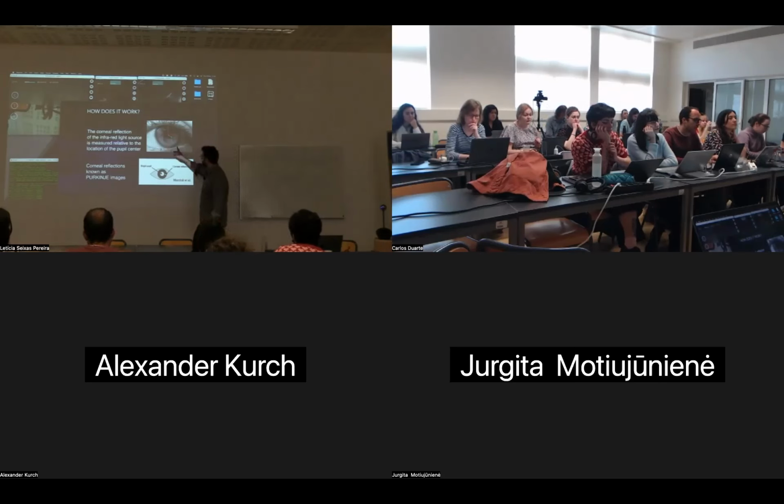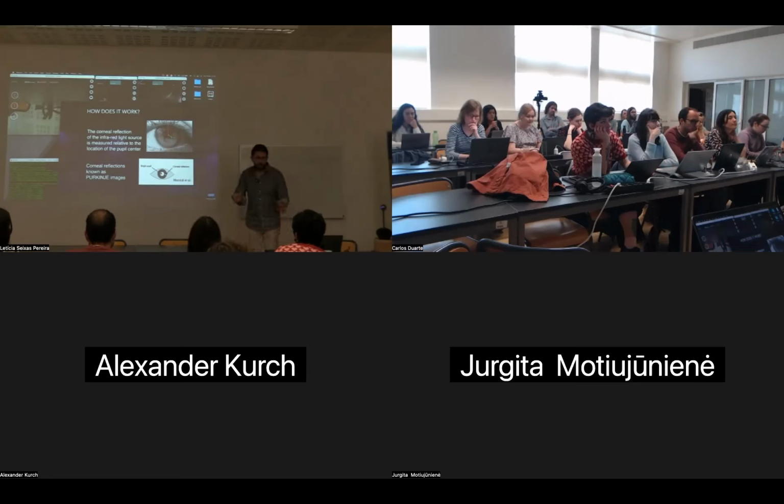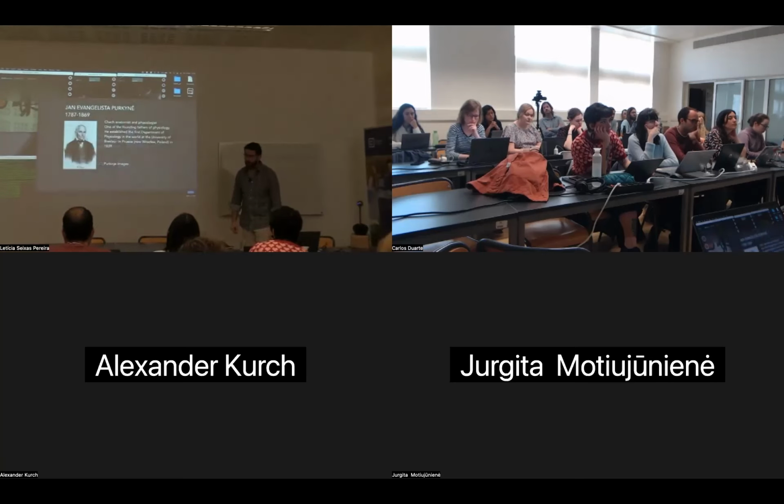That's a corneal reflection, and the difference between the corneal reflection and the middle of the pupil, calculated from the image, is how the tracker is tracking the position of your eye. And it works for remote trackers and for mobile trackers, and the video eye tracking works in the same way.